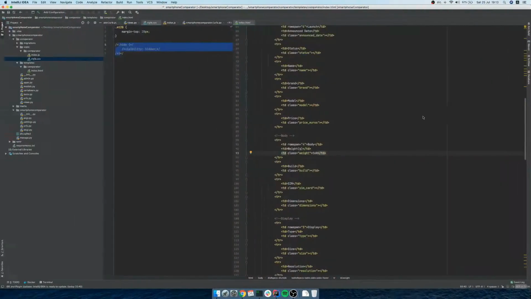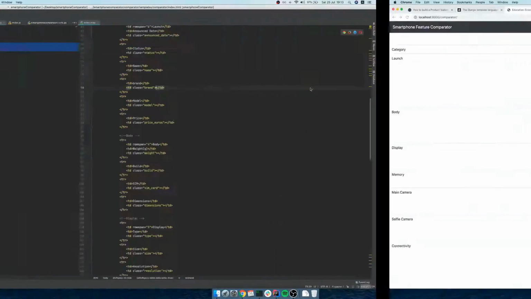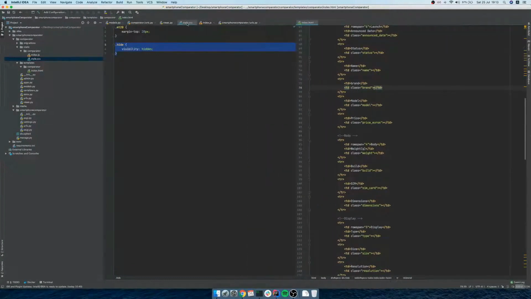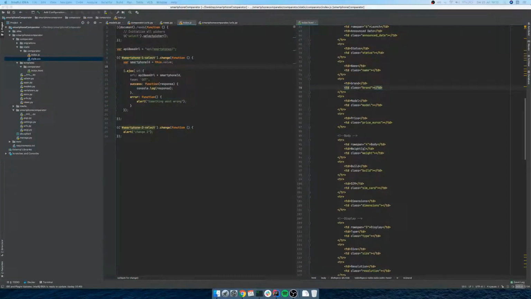First of all, let's hide it. It's hidden. And then let's write the logic for this. This will be a long function, because there are lots of features and it is repetitive, but I will explain it. It will be easy to understand. Let's create a function to do it, because we will call it on smartphone 1 select and smartphone 2 select. So you can see, I don't know, smartphone field search results,